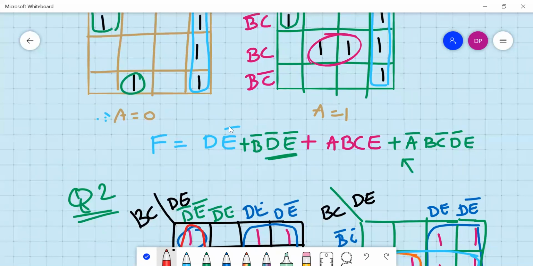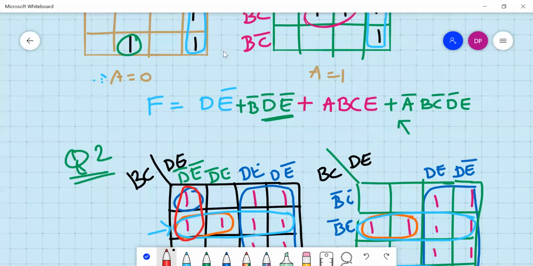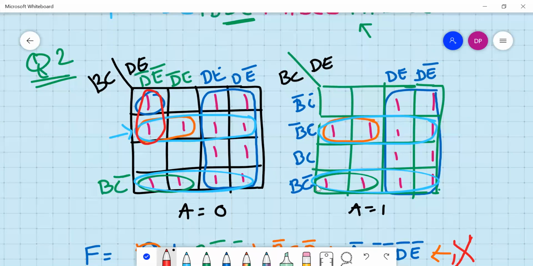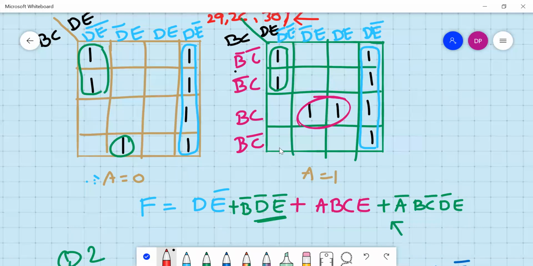No, sir, the second box, sir. The pink color one. You didn't combine it with the last one, sir. The above question, sir. You circled the pink one, sir. Yes, pink circle, these two are one group. 3 we cannot combine, right? It should be 2 power something, either a group of 1, 2, 4, 8, 16. So these two are taken as the group. It's correct. Understand? Yes, sir.